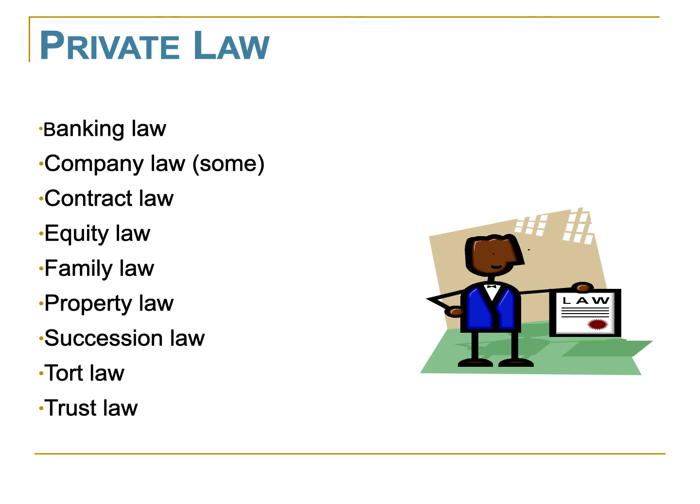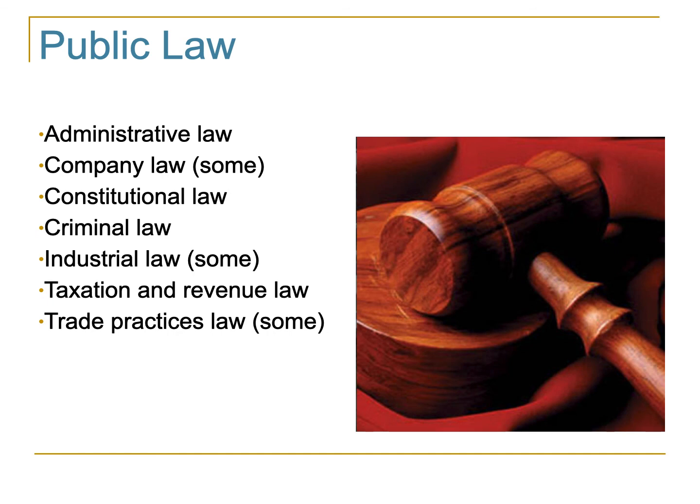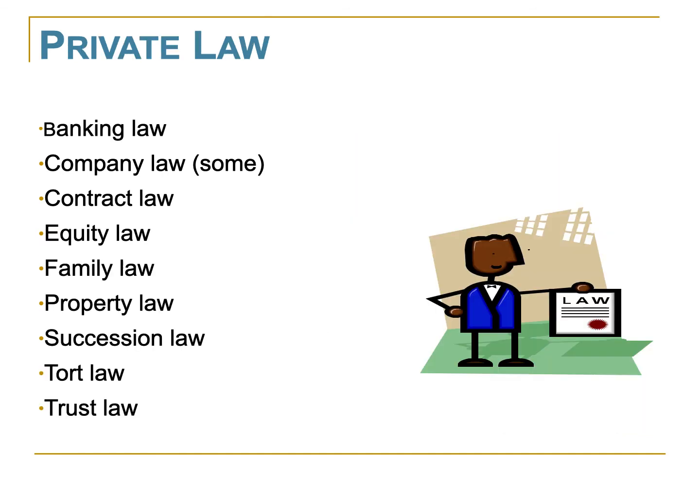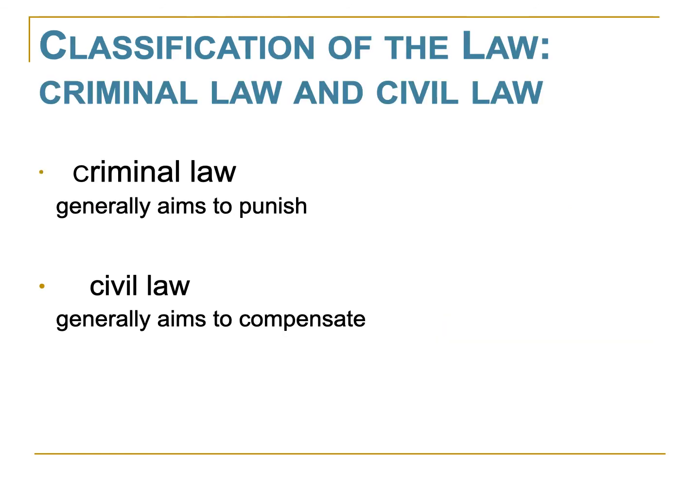So, public is for everyone, and tends to have lots of criminal law in that matter. Private is person to person, so mainly the civil law, which goes back to Napoleon's Code of 1804. And then with classification, criminal law generally aims to punish the offender, whereas civil law tends to want to compensate those who have been harmed. And generally, as we discussed in coming up with the elements of a crime, a crime